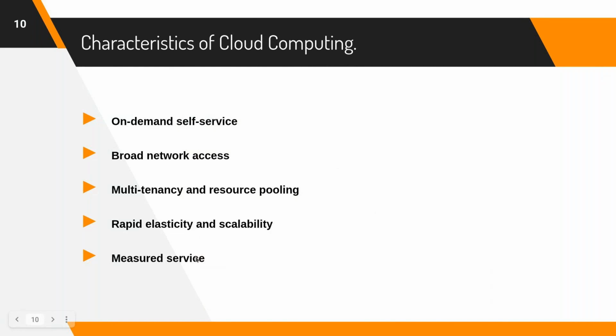And the last one is very important: measured service. Imagine we did not have electricity billing, and the electricity board says every month you will have to pay so much amount irrespective of what you're using. Everyone would have gone crazy, right? Because we want to pay only for the amount we are using, not for what my neighbor is using, right? So you will have to have a measured service, meaning a billing process where you pay only for the amount of usage.